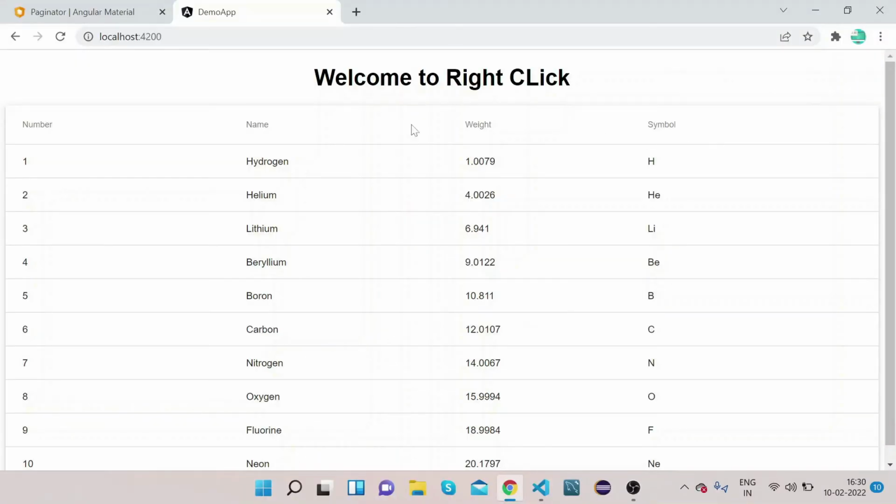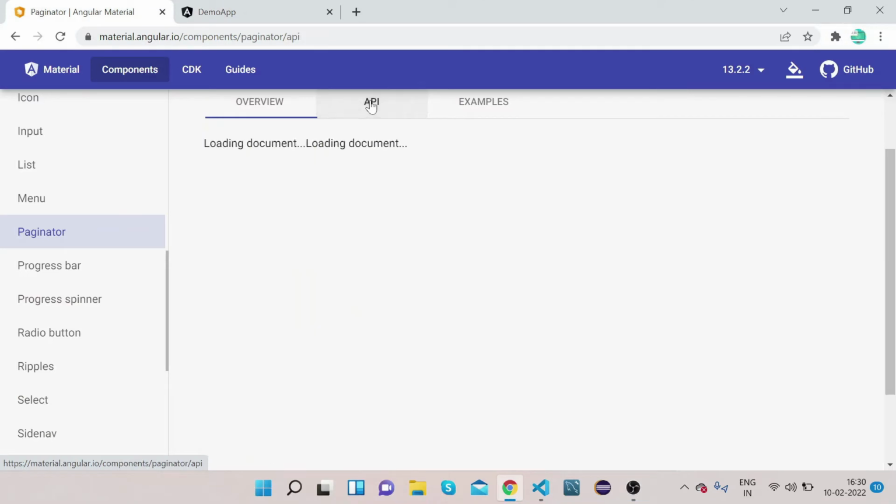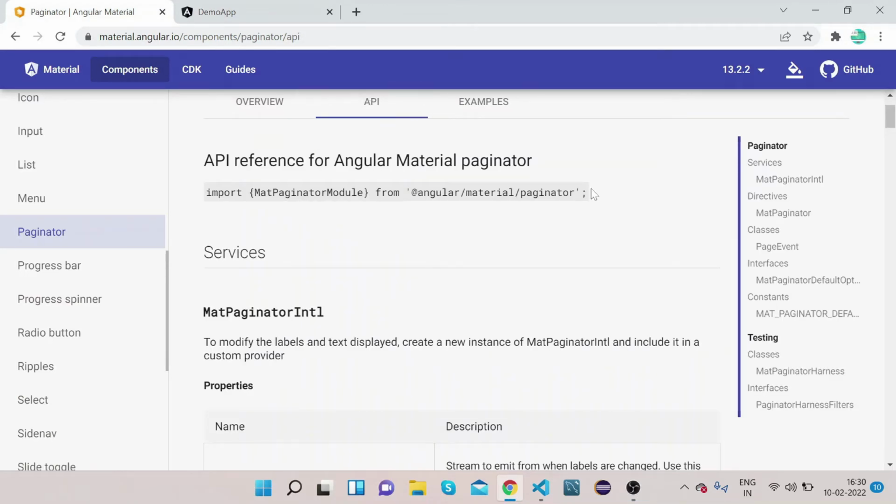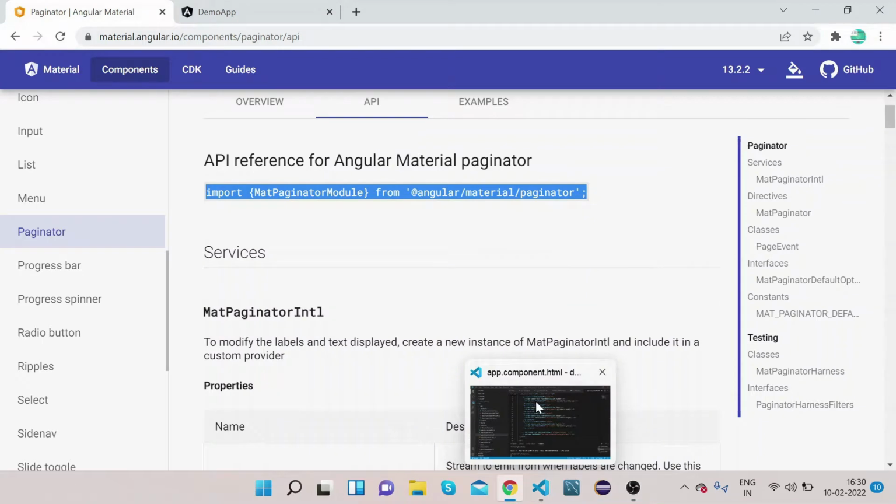We will add pagination to this table only. Okay, so let's do that. Click on the API. First we will copy this import Mat Paginator module. Okay, so copy this module,